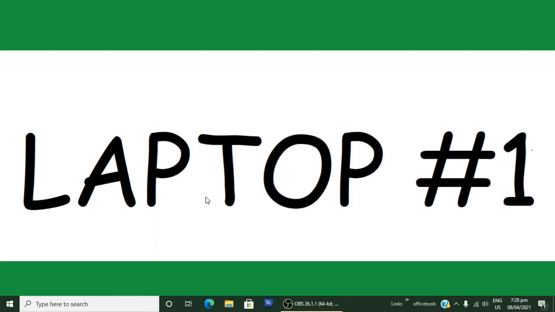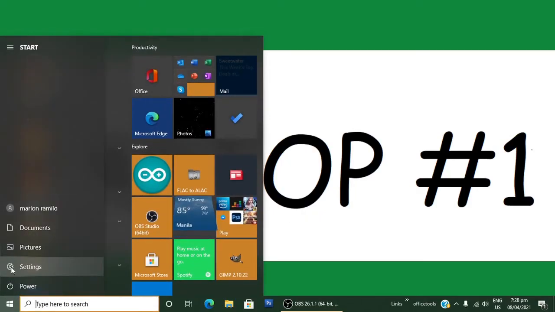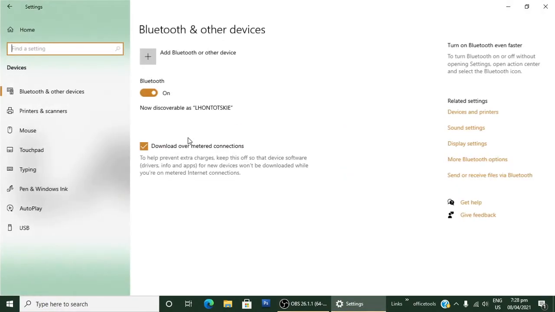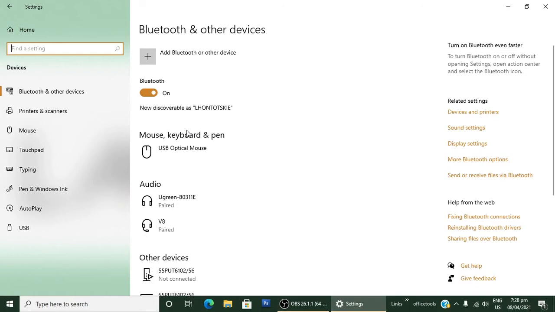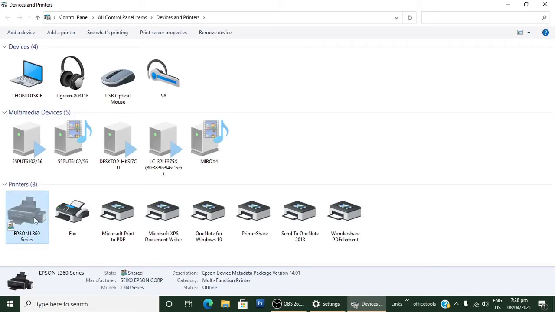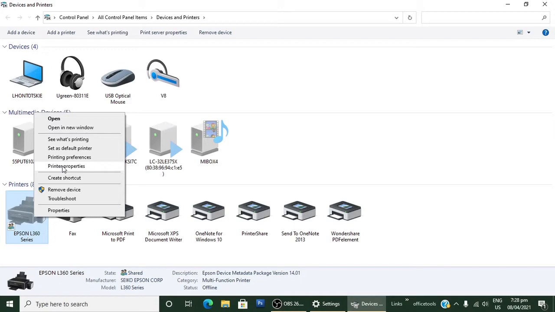Go to Windows Settings and click the Devices. On the right side, click the Devices and Printers. Look for the default printer and right-click. Click the Printer Properties